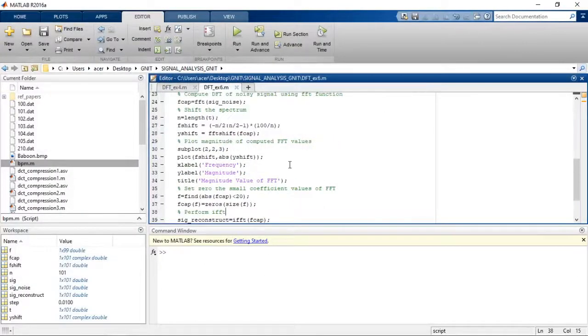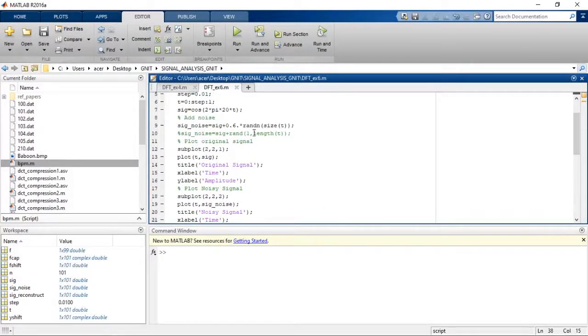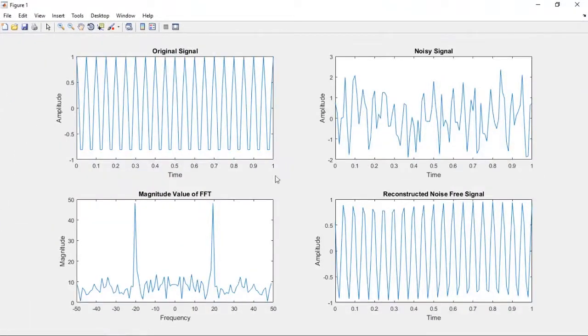So let us add some more amount of noise here and see the reconstruction. So let us add a noise standard deviation of 0.8 and run the code again. More amount of noise is added. So you will observe more smaller peaks are also there for the noisy signal. And we are making use of the cutoff threshold of 20, and we are rounding all the coefficients to zeros. And then with the significant coefficients we are able to reconstruct the signal back, and here, since more noise is there, noise filtering may be smaller in this case.